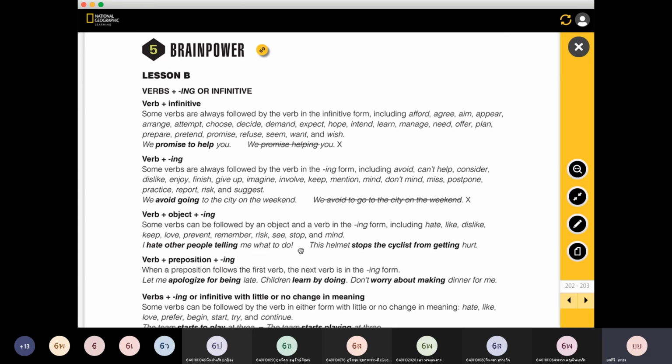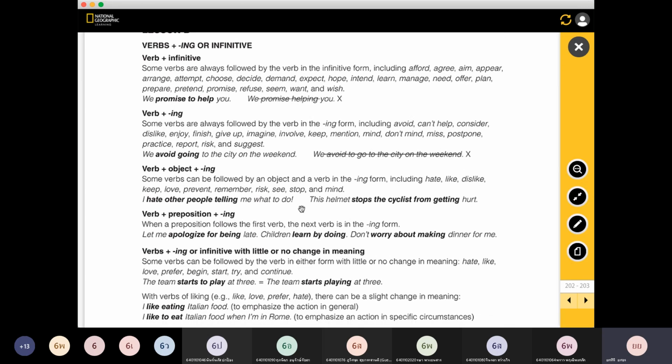It will help you to become more familiar with its usage and understand, retrieve all the meanings and usage